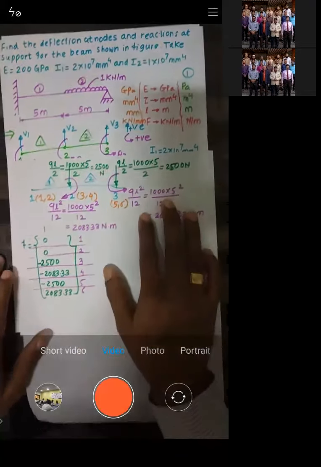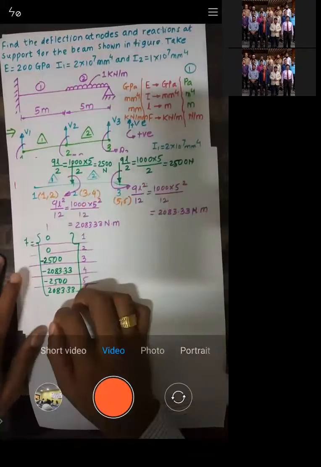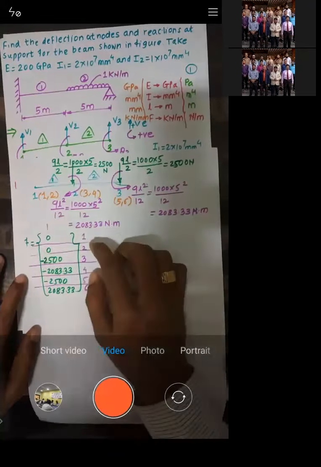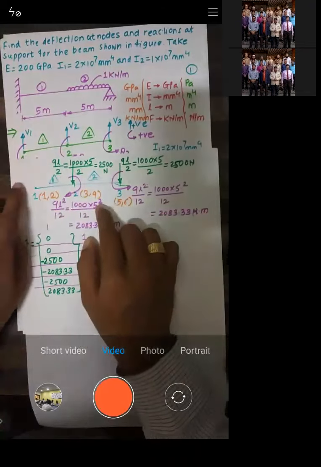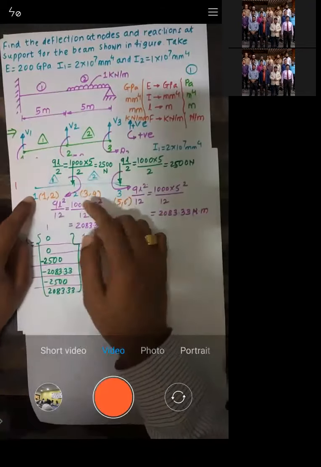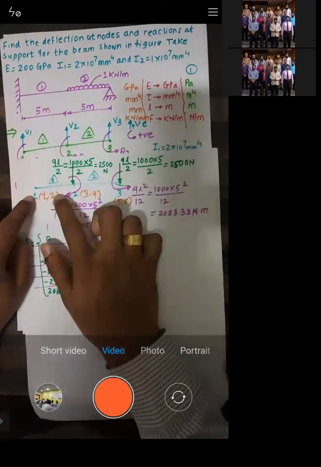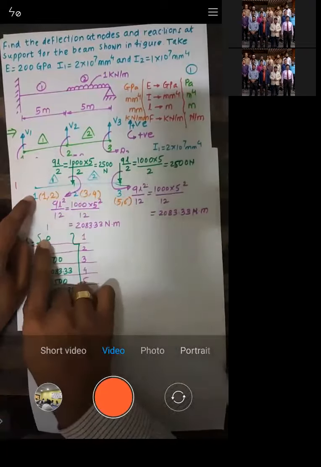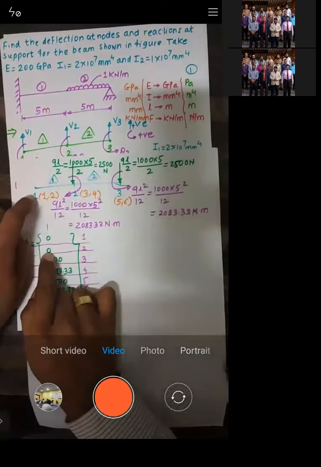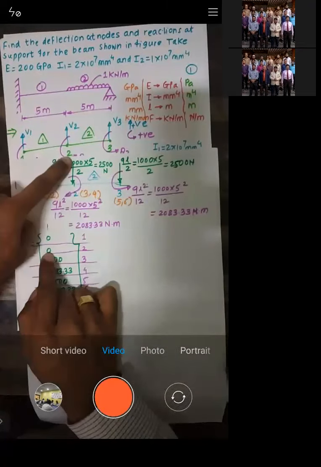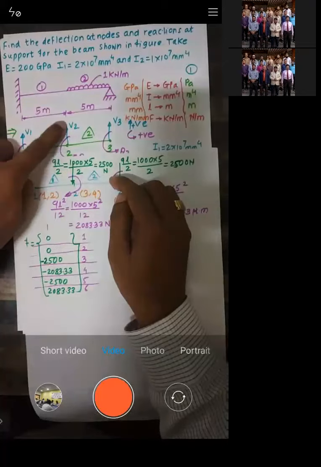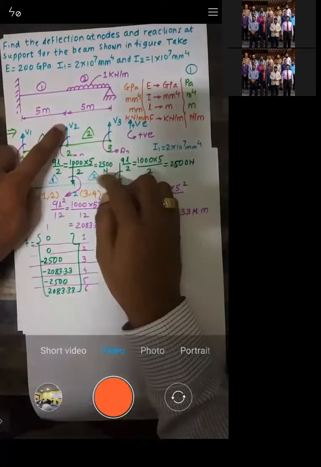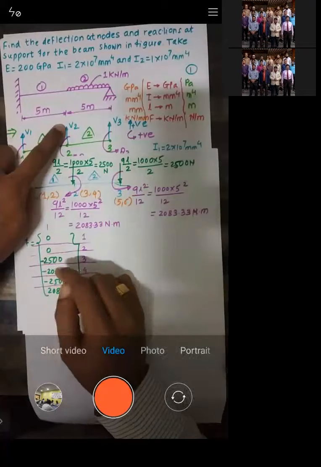So we got this. Now we need to write down the force matrix. Again, 1 column and 6 rows we will get, right? So I have written 1 column, 6 rows. You can see here at node 1, there is no force and no movement. So no force, that's why this is 0. No movement, that's why this is 0. Now go to node 2. At node 2, we have the force in the downward direction. So this is downward, this is upward, so I need to take the minus sign. So this is minus 2,500, right?